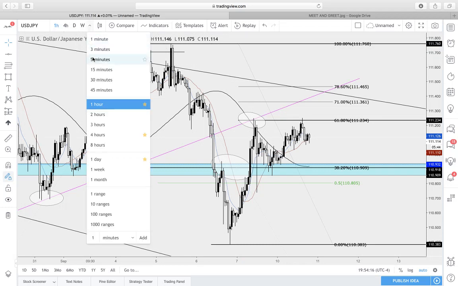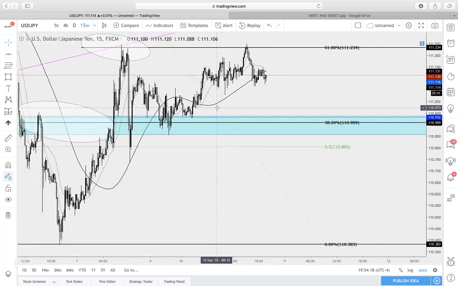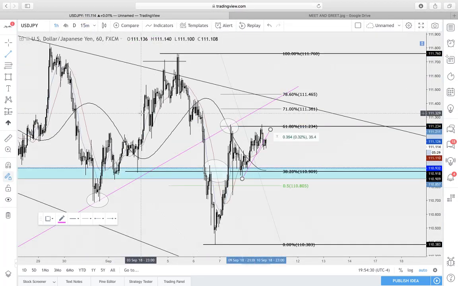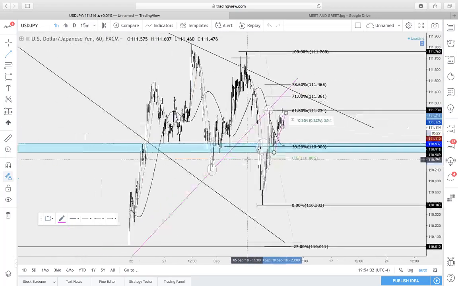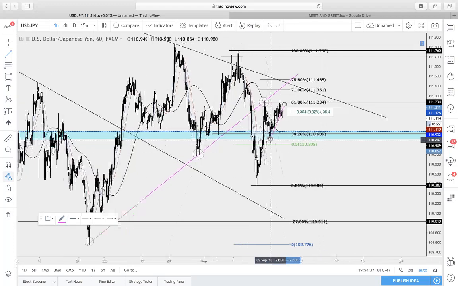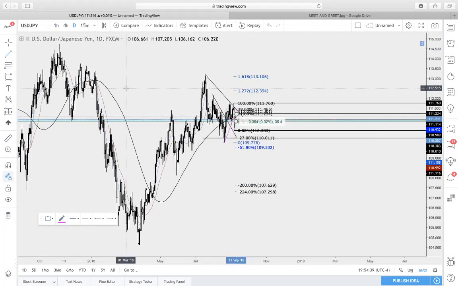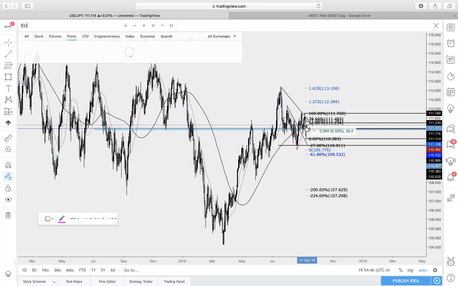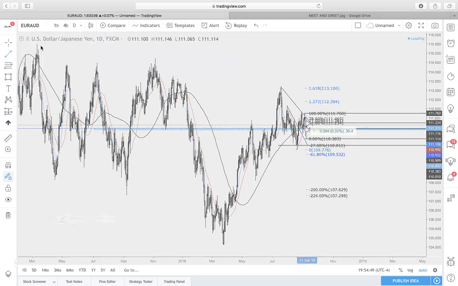You may have an intraday trade setup here for the downside, depending upon this right here. If you get a break retest here, which you kind of already did a little bit, this could continue down. But rest assured, you can see this will complete at this level. 110 is a nice area, a nice even quarter level as well, for some potential longs based on a higher time frame analysis. You can see it retraced here, and to the upside here is also a big demand zone. The next one I'm keeping an eye on is Euro to the Aussie.